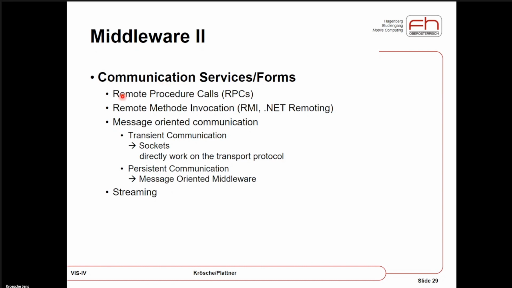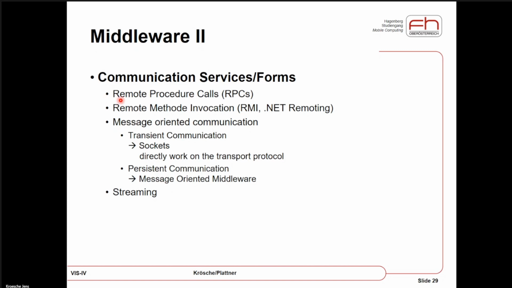And as the name already states, we want to call a procedure that is remote, that is not running on our system. So with remote procedure calls, I want to execute a method of an object that is not running on my computer or not running in my process. And this from a procedural, functional programming perspective. And of course, at some point, object orientation was the thing to use when you program a system.